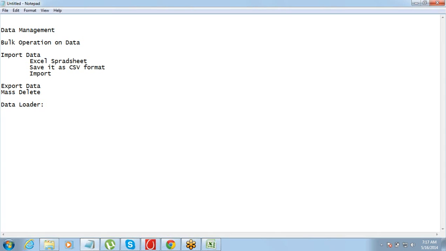So data loader gives you detailed logs, right? Then data loader basically can import